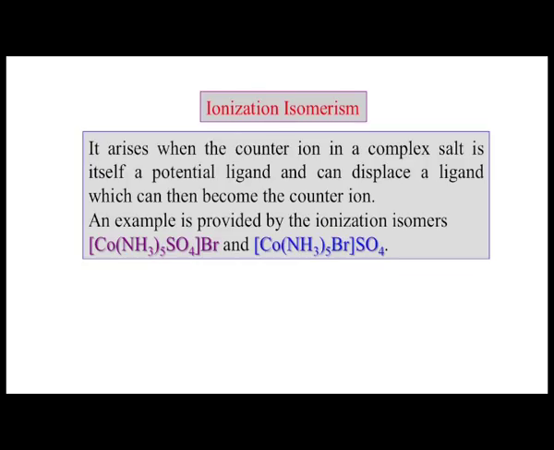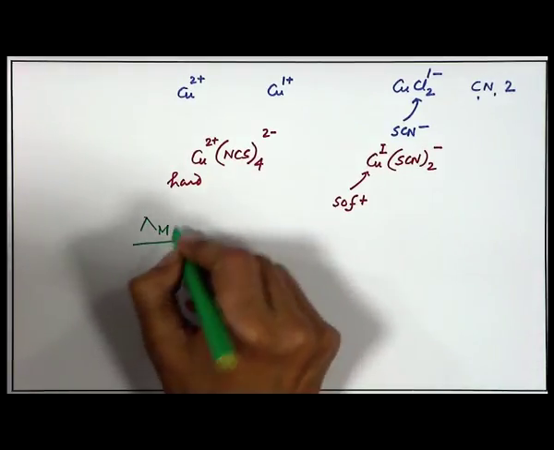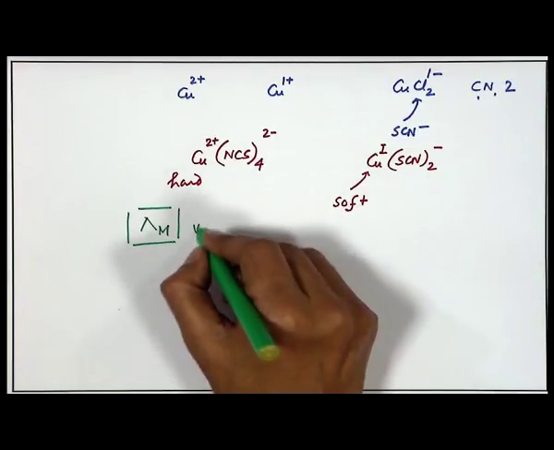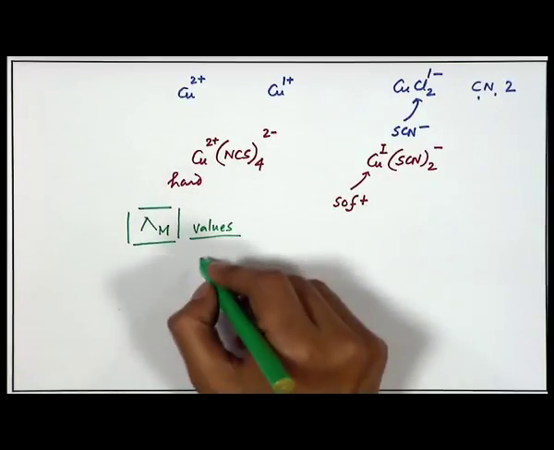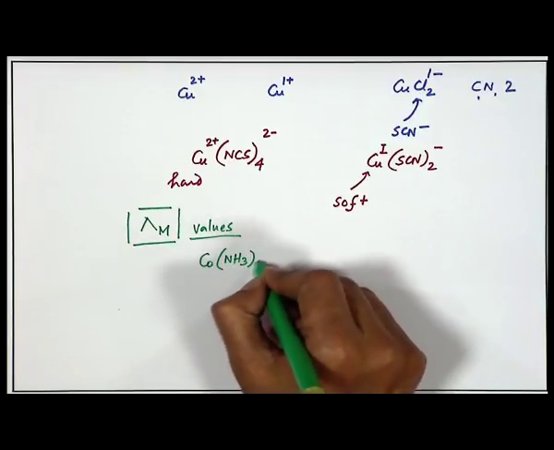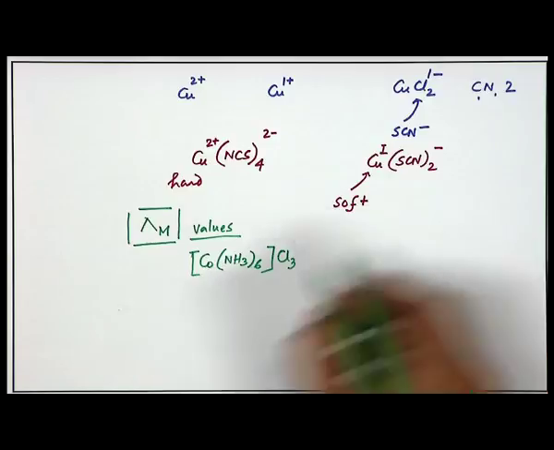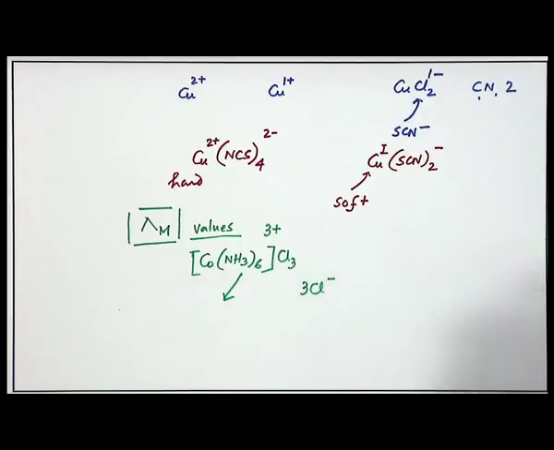Then, which is related to ionization. Ionization is always very important and we should not forget how this ionization can take place when we consider the solution electrical conductivity; the lambda m values we can measure, and the corresponding ionization of the metal complexes is important. The way we have seen in the case of hexaammine cobalt(III) chloride, in solution this is present as the trivalent cation and 3 Cl minus is present in the solution as the corresponding anionic form.